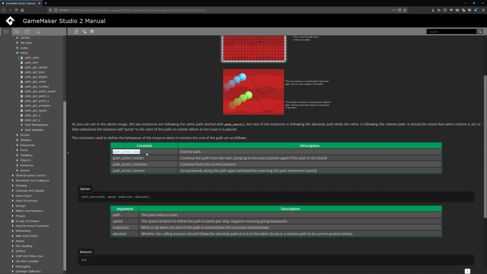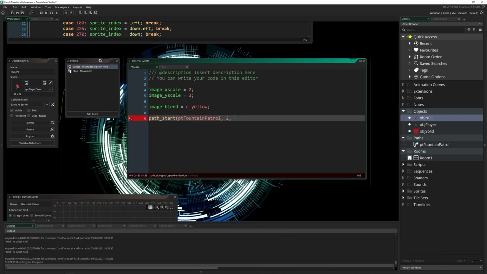We have path action stop, path action restart, path action continue, and path action reverse. So it tells you exactly what each one does. I want them to continue, but I'm actually going to have it reverse along the path. So that's what we're going to use. So I'll copy this, and then we'll paste it in there, and it comes in as a constant,